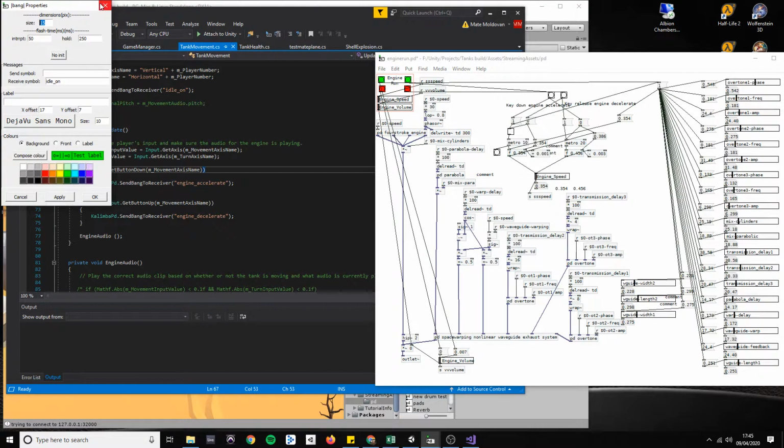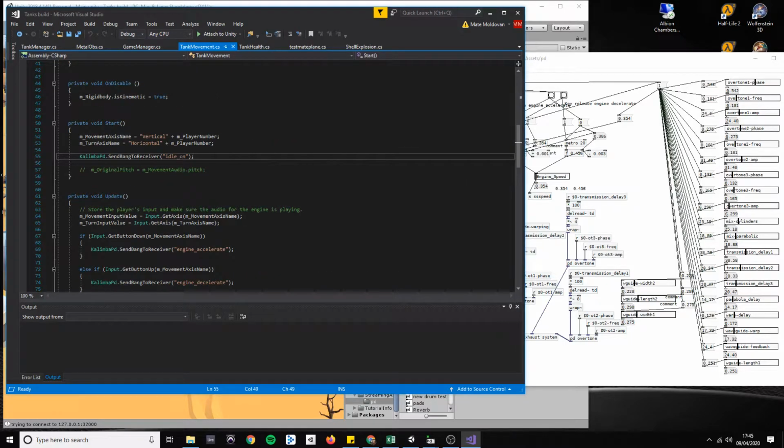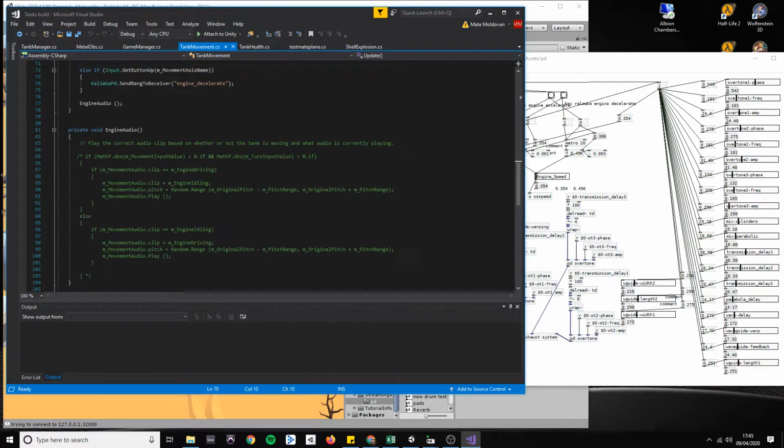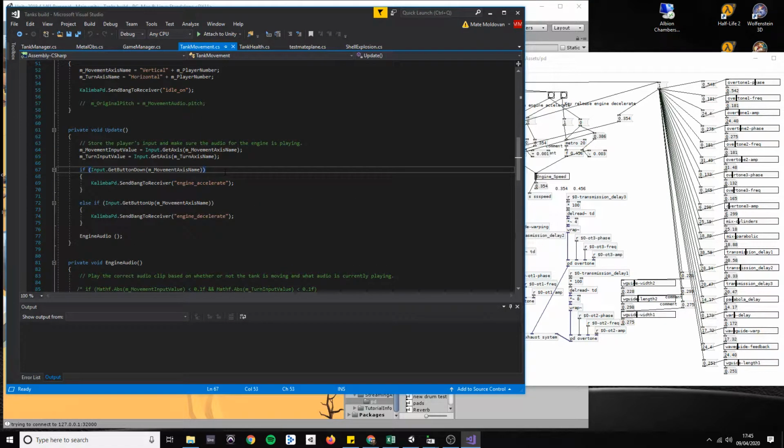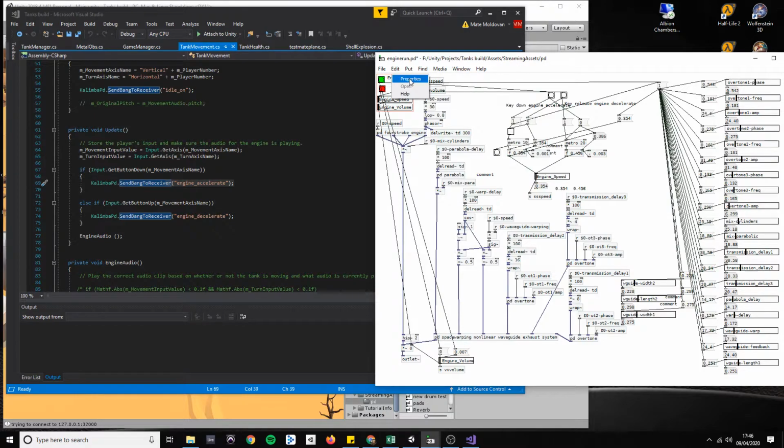this idle on in the beginning when the level starts. Then instead of focusing on how the audio relates to each other, I was focusing on what the player does with the buttons. So when you hit a button down, a movement forward or backwards, that's the axis. When the player holds the button down, W or S, that will bang the engine accelerate. This one here,